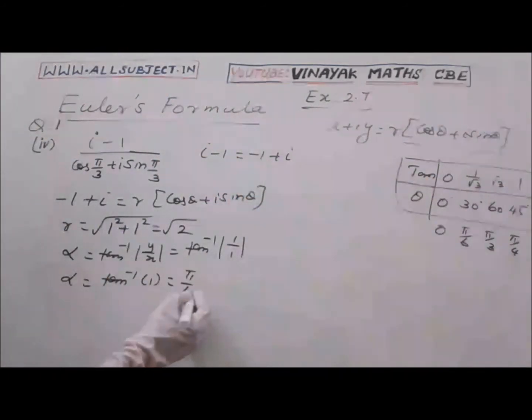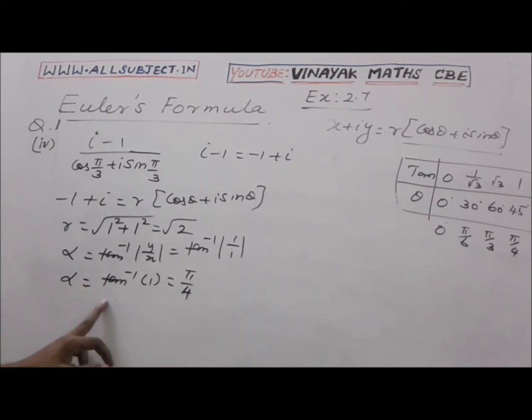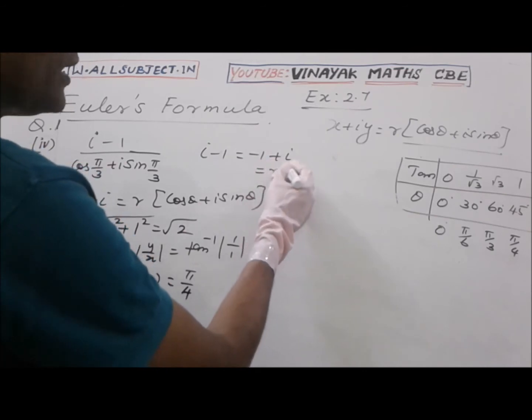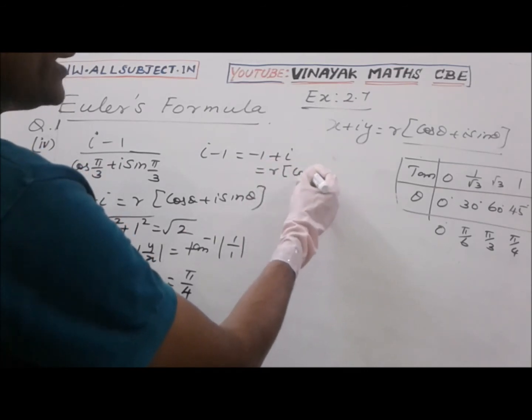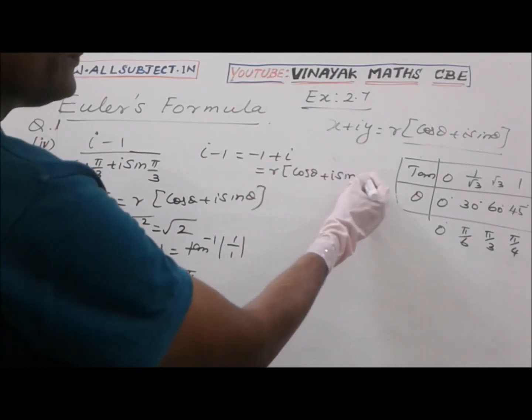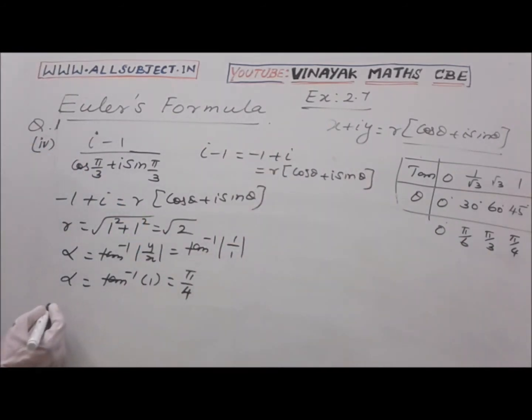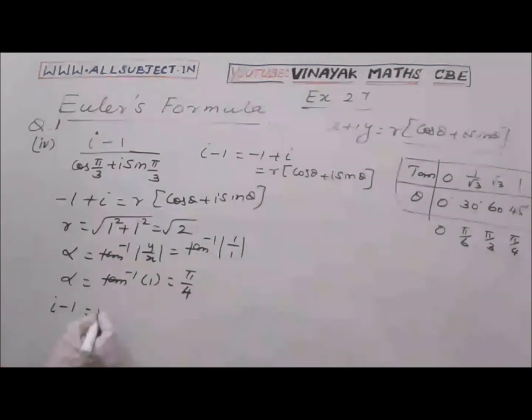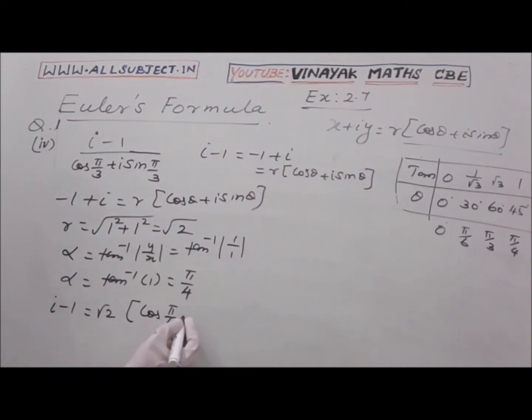So alpha equals pi by 4. Substituting the values of alpha and r in the polar form, which is r into cos theta plus i sin theta, i minus 1 equals root 2 into cos pi by 4 plus